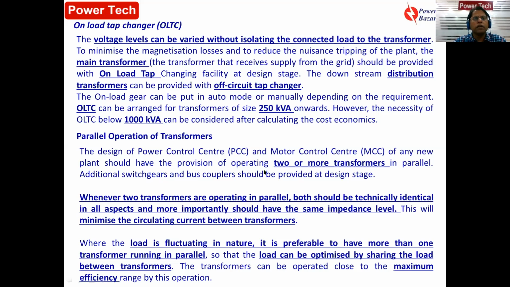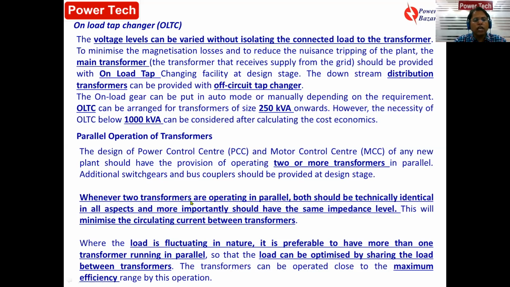But if I operate them in parallel, what will happen? They will cater to the load at a good loading of the transformer, because they will be sharing the load in equal proportions. So the efficiency will improve. It is just like a situation where sometimes the work is very high, then only one person doing it will not solve the purpose. If both people join together, then they will become efficient. They can easily carry out the variable work which keeps on changing, and it will result in efficient operation.